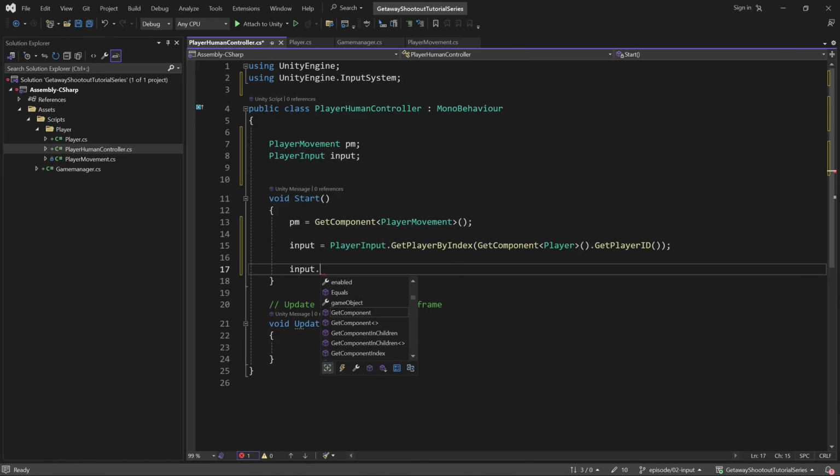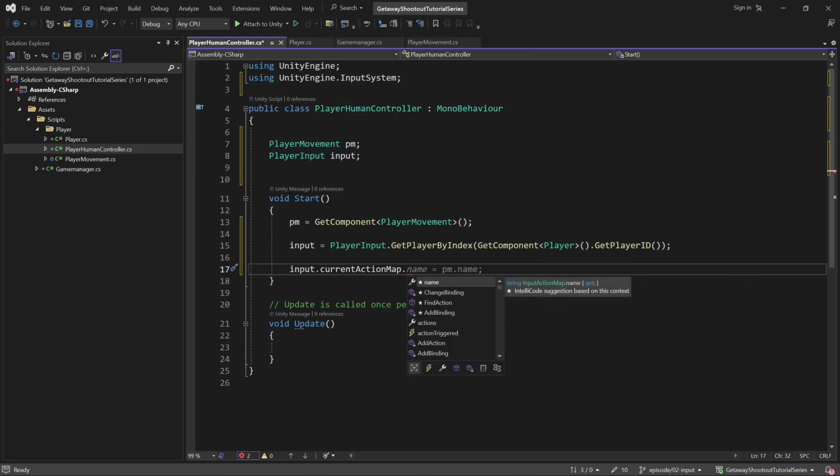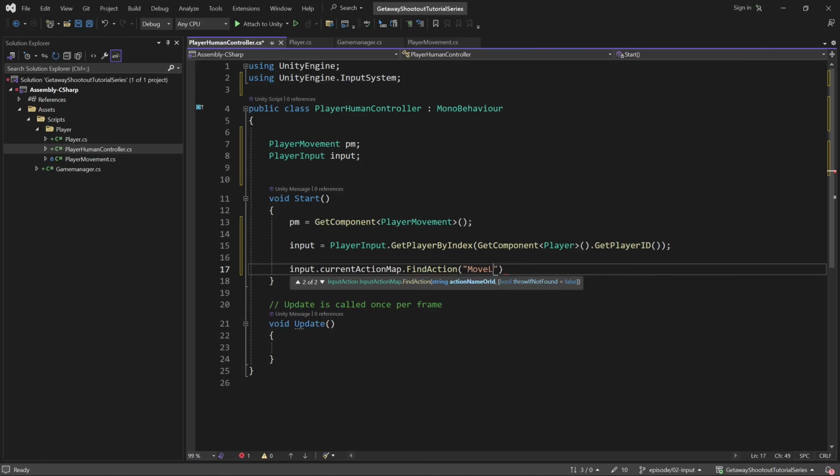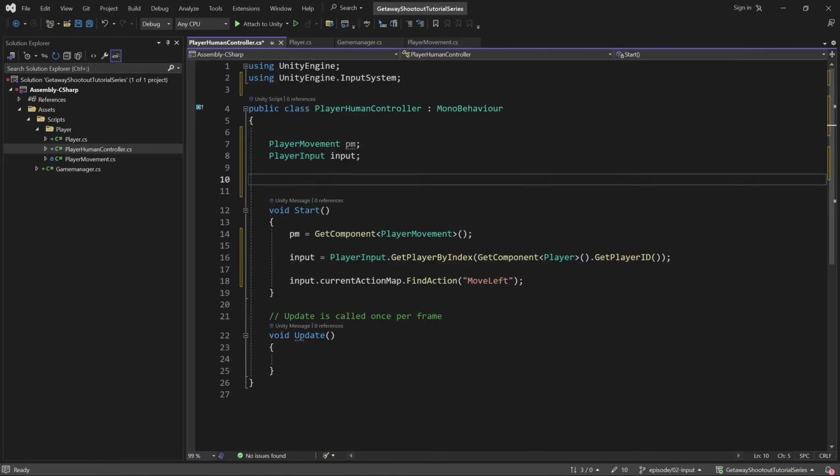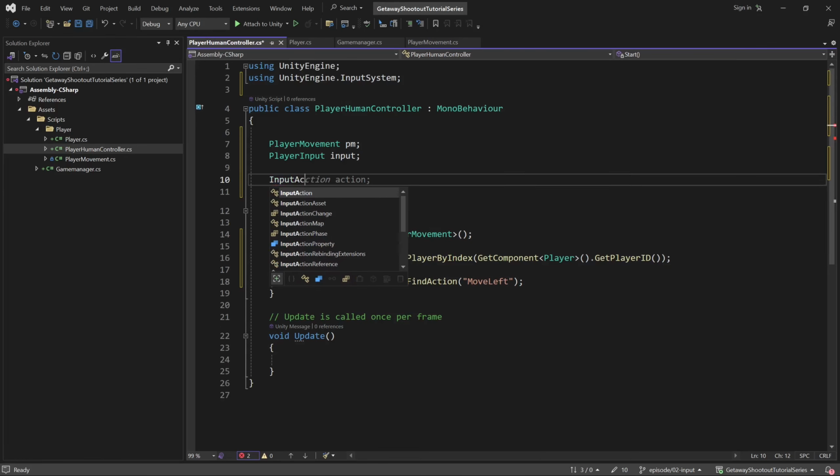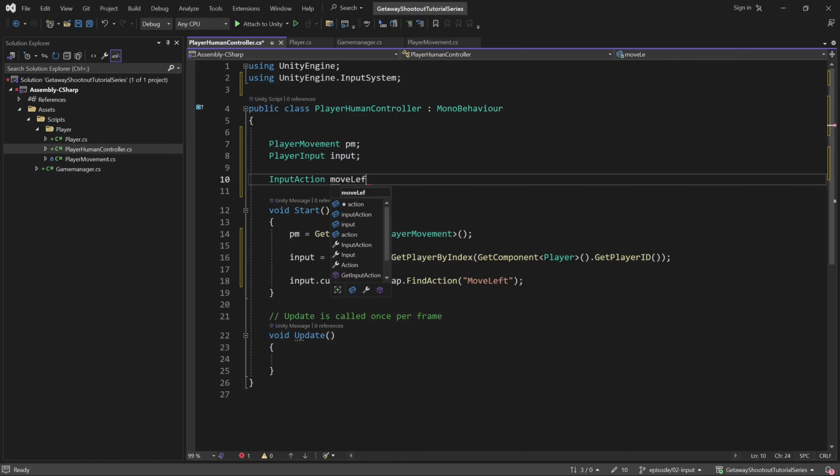So if I use the input and get the current action map, and then find action, this will be the actions that we previously set up, and you reference them by name. So this would be move left for the first one, and I'm just going to store this in a variable. We'll call it up here. So input action, move left,